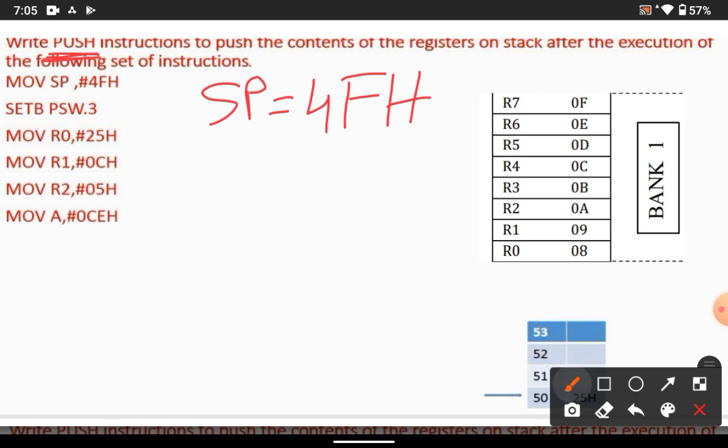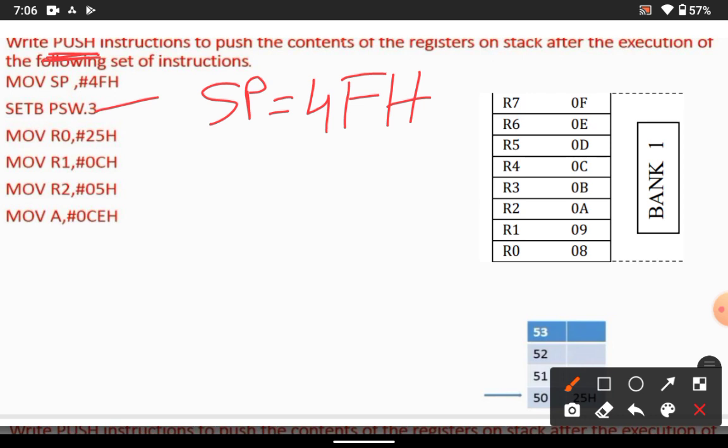Now here PSW.3, in the sense the bits of the program status word we are setting here. The bits I showed you in the previous class. It consists of overflow flag, user defined flag, RS0, RS1, parity flag, auxiliary carry flag and carry flag. Different flags have different functions.